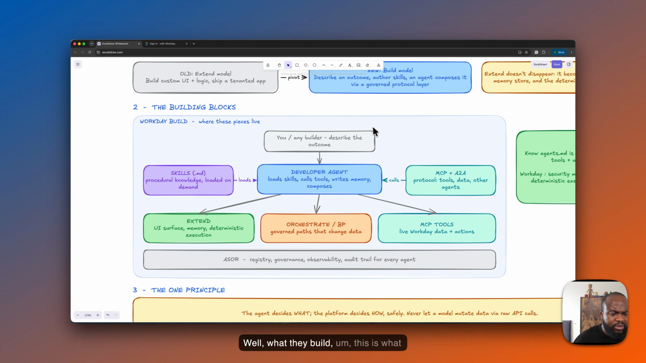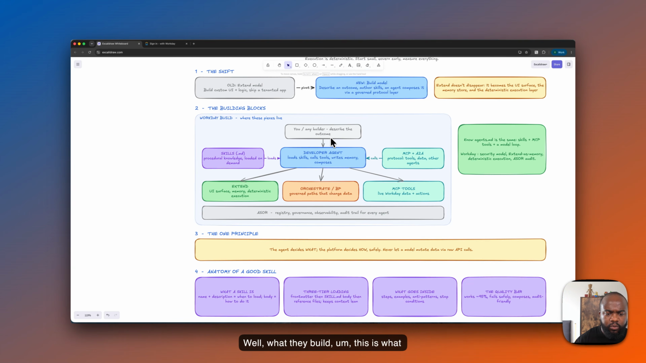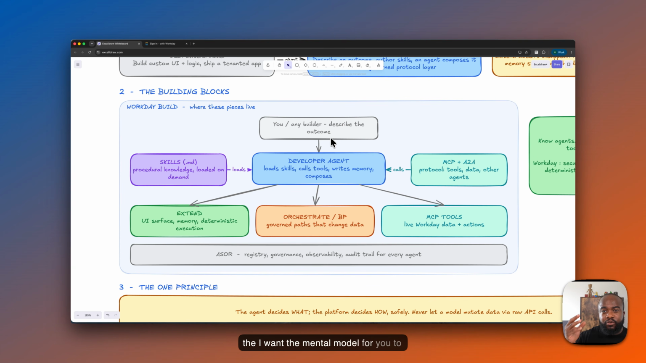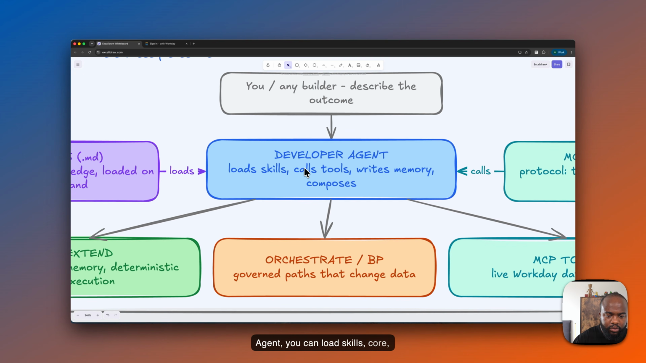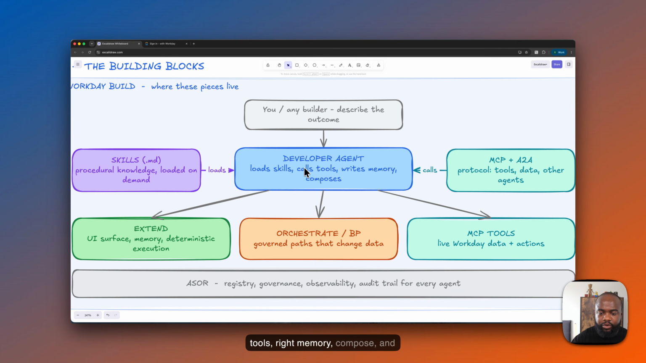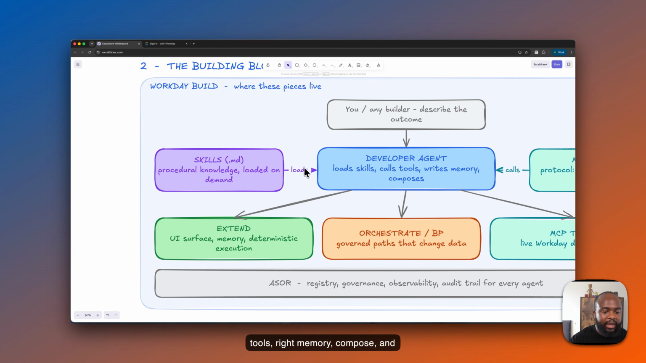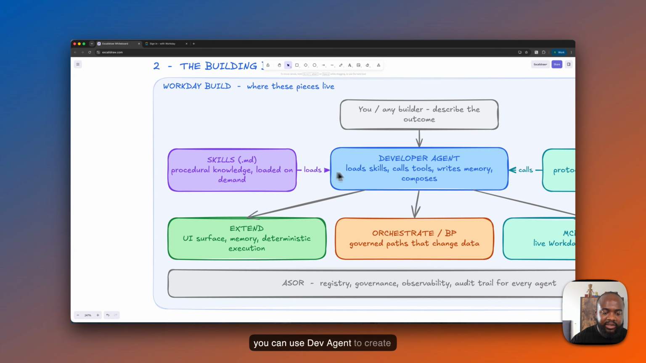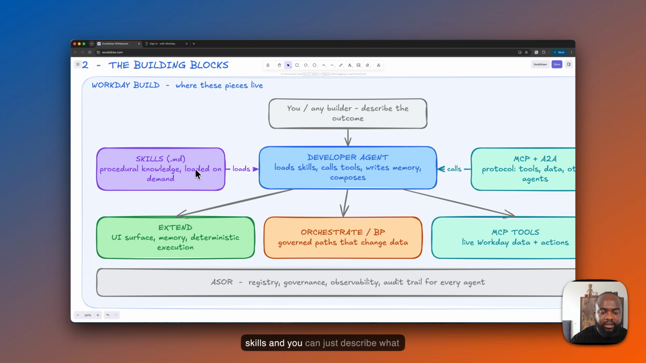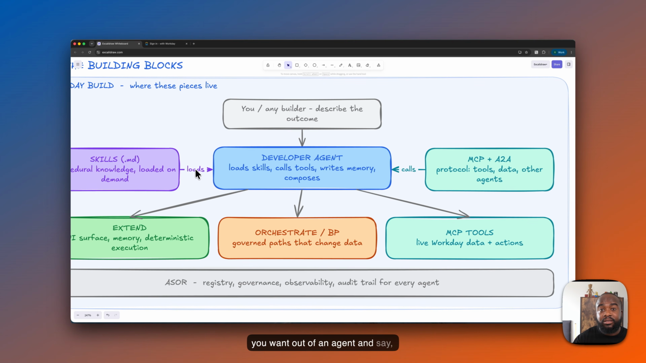With Workday Build, this is what I want the mental model to look like. So you as a builder, leveraging Dev Agent, can load skills, call tools, write memory, compose, and you can use Dev Agent to create skills. You can just describe what you want out of an agent and say, hey, okay, so Dev Agent isn't necessarily just building